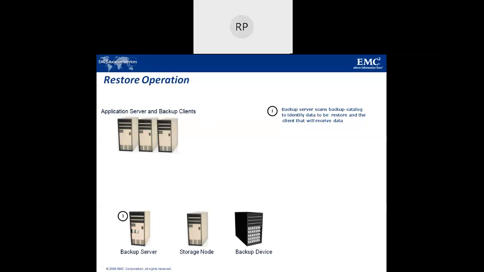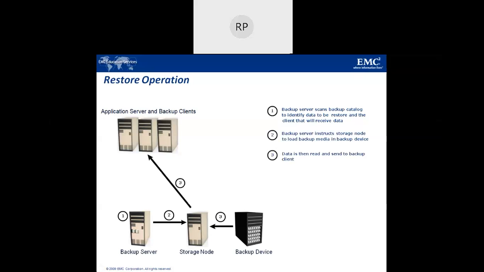After that, the backup server instructs the storage node to load the backup media in the backup device, and then the data is read and sent back to the client. The data is going to be read from the backup device and sent to the client, and then the storage node is going to send the restore metadata to the backup server, so that the backup server is going to update its catalog. This is how the restore operation is going to take place.